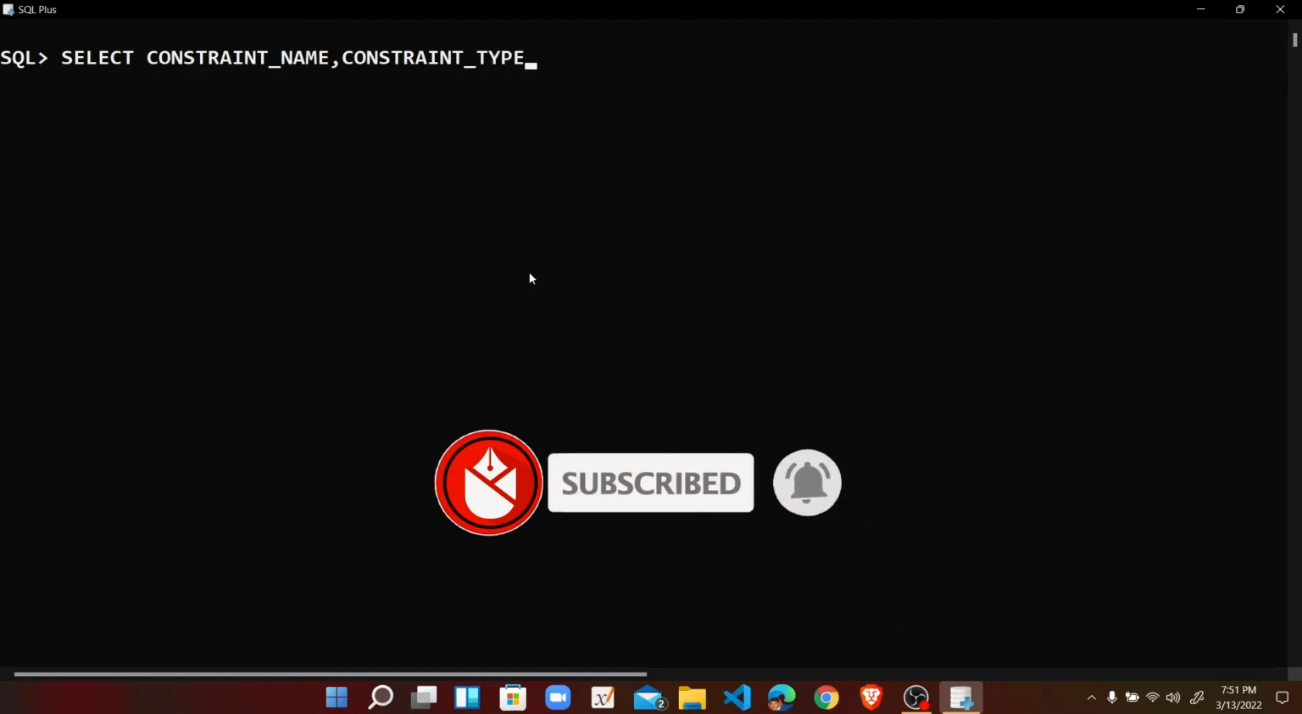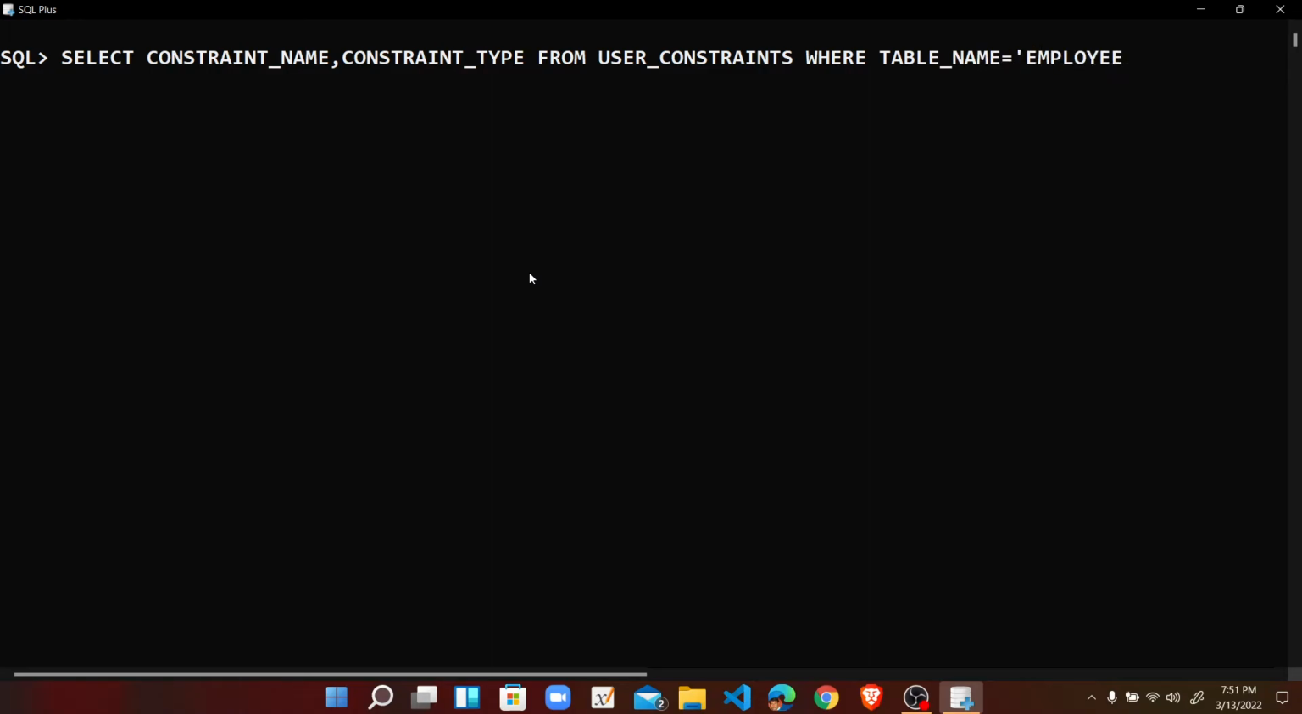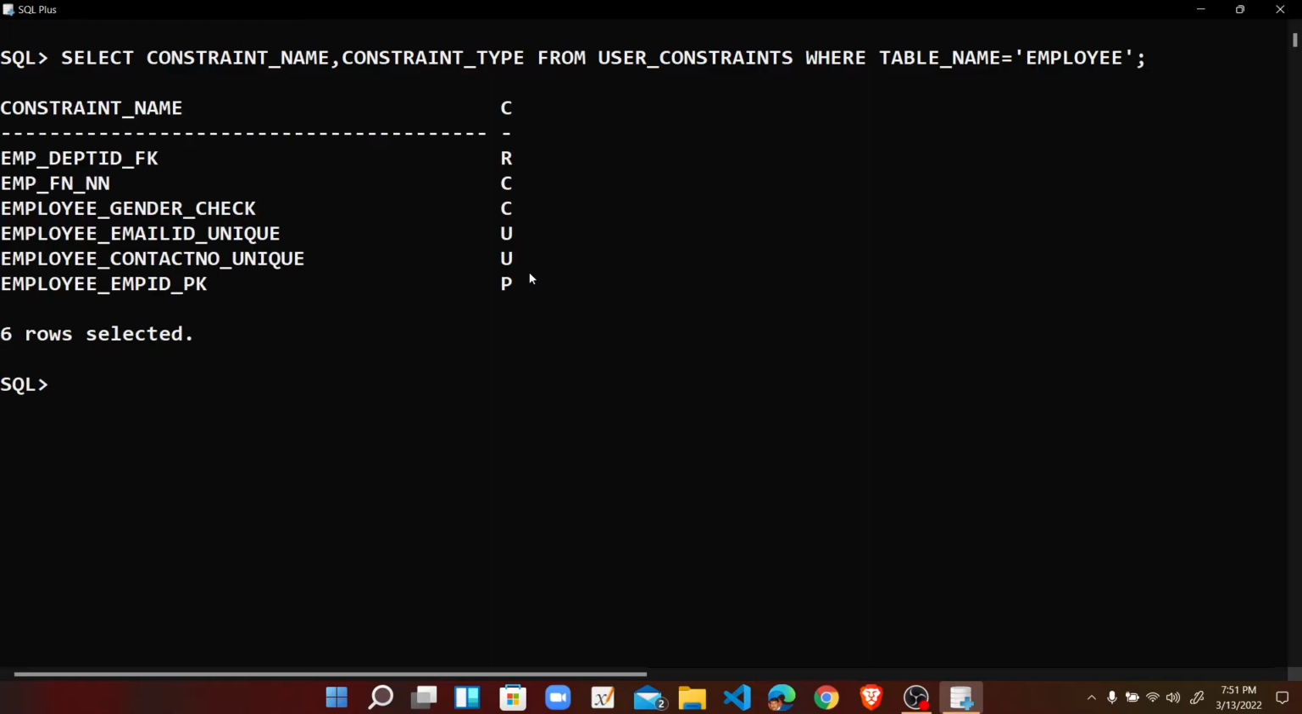type from user_constraints, where table_name is equal to employee. Press enter, and here we can find the constraint name employee_gender_check is assigned with the constraint